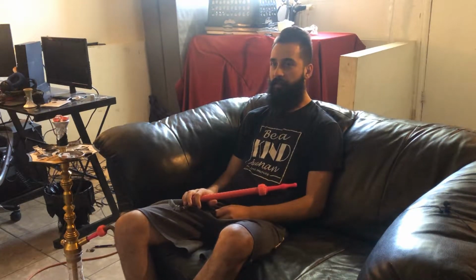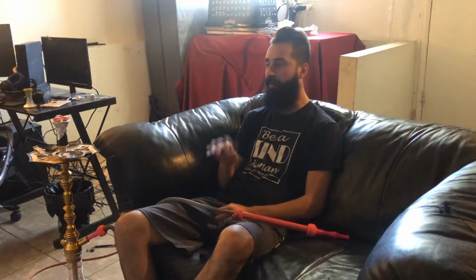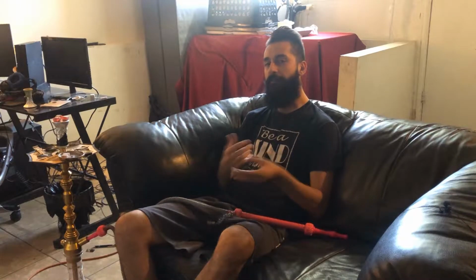Just to see how exactly it hits. And that's a good little tip when it comes to packing these bowls, especially with cane mint: I prefer to let the charcoal sit on the head just to let it marinate for a little bit before you actually